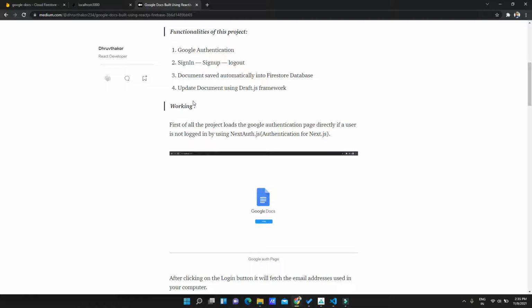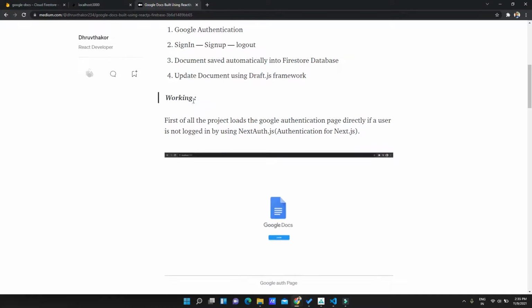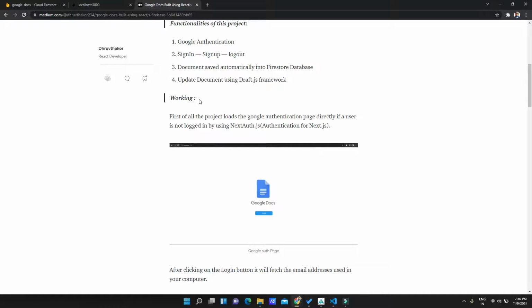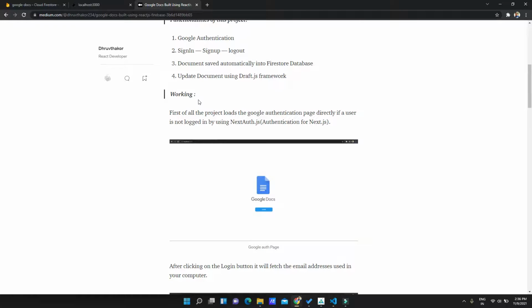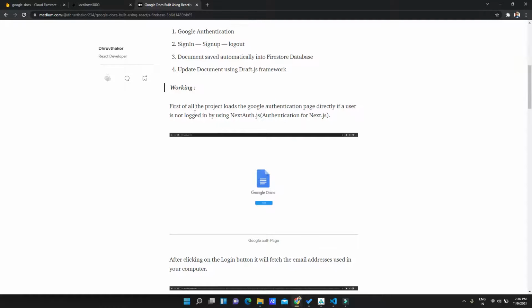Let's say we are working in a rural area where electricity is a major problem, or we don't have enough battery in our laptop, and we are writing a document which is not saving directly like Word. This application will help those users by directly saving our document on the cloud Firestore database.